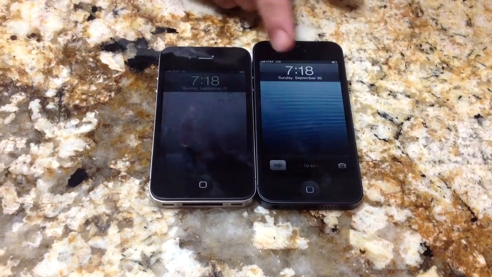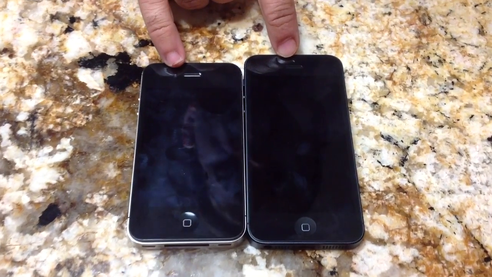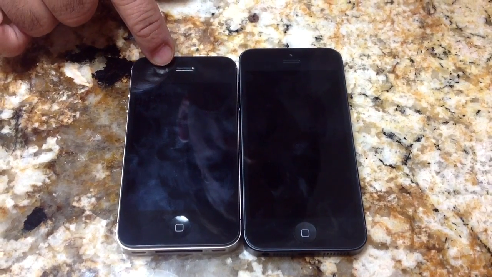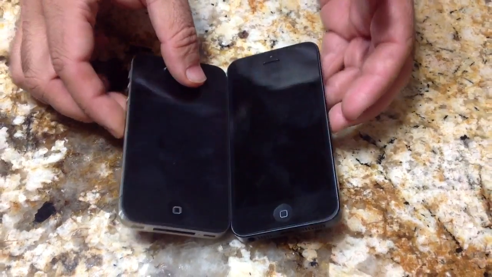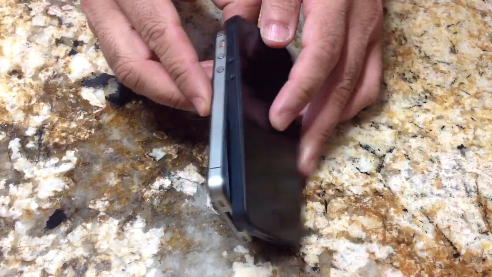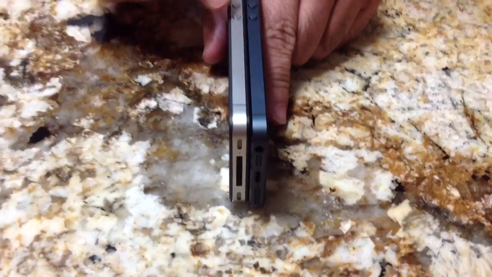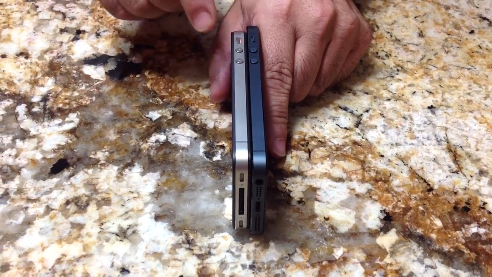The other thing of icons, the other thing that you'll notice is the camera location has changed for the FaceTime. So here you have it right on top of the earpiece, and over here it's over to the left. If you were to look at the sides, you'll notice pretty much the same volume controls, and here is again your mute rocker so that you can set